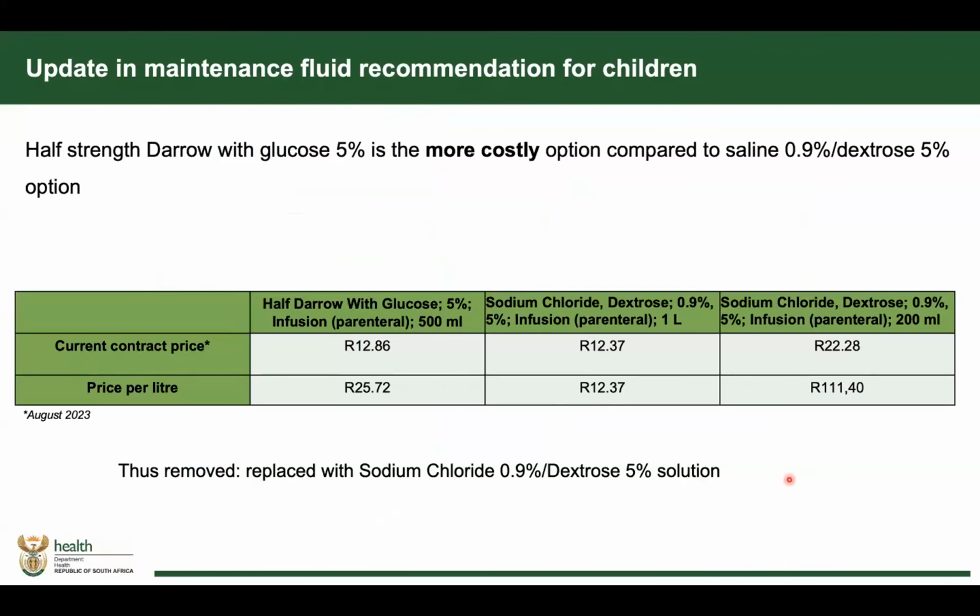So again, with the consideration of the costing factor, you can see that the half Darrow's dextrose is only available in 500 ml bags, and the price per liter, if we obviously then use 2, would be 25 Rand. The current recommendation is available in 1 liter bags as well as in 200 ml bags. And what's quite interesting, and people don't often realize that, is the 1 liter bag is significantly less expensive than the 200 ml bag over there. So that cost per liter is quite interesting. And so switching to this new fluid as maintenance therapy when it is required would actually be a significant cost